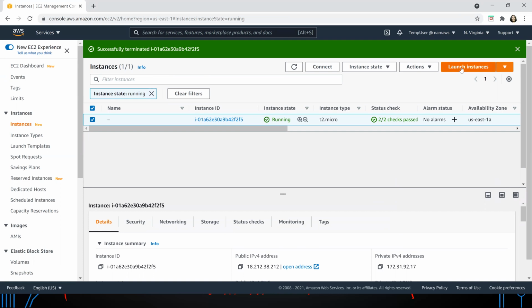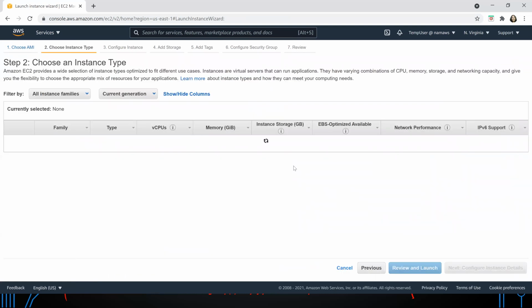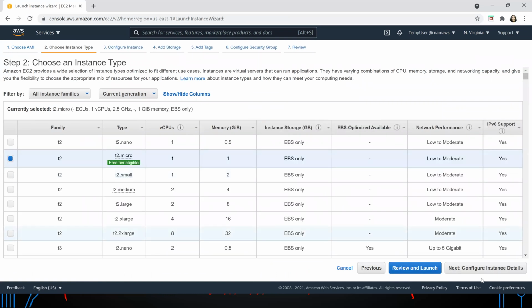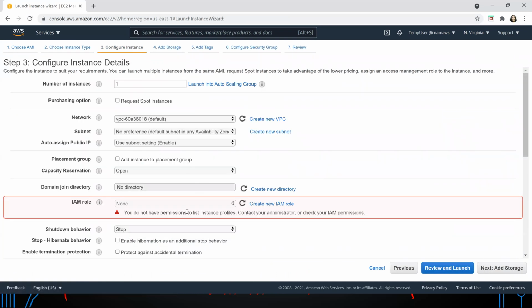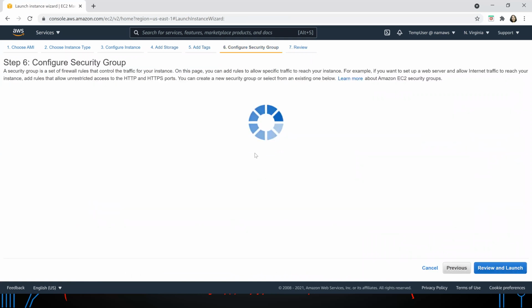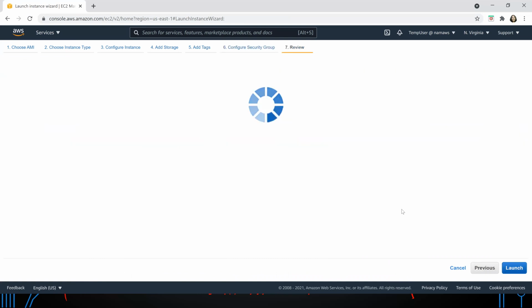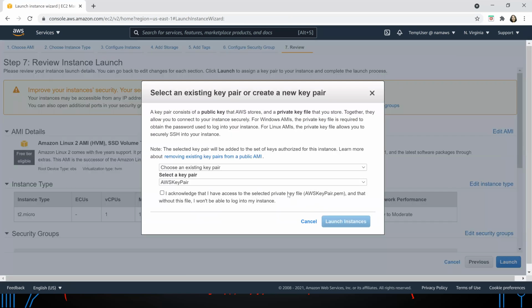At the same time, if I want to launch an instance, I should be able to do the same as well. So let's say configure details. Now it tells me over here that I do not have permissions to list instance profiles, which is fine. But I'm going to go ahead, next, next, select an existing security group and launch, select the key pair, launch instances.